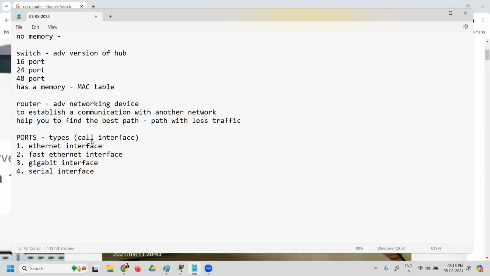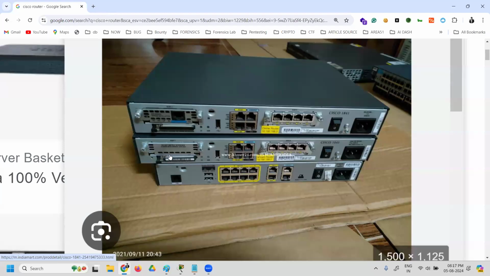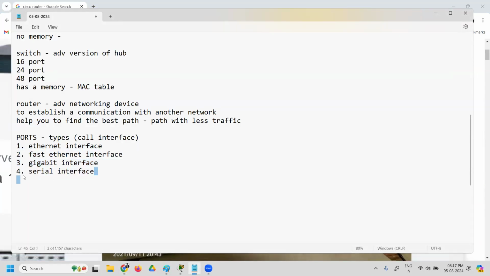Normally Ethernet interface is found in older routers. Most of the routers you come across will have fast Ethernet and gigabit interface ports, and then serial interface ports.